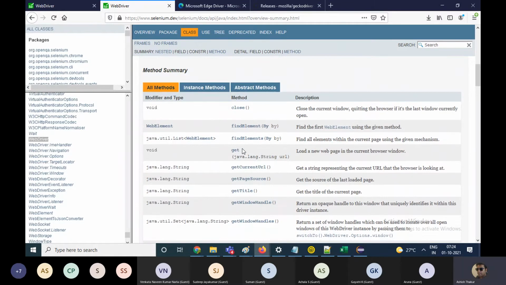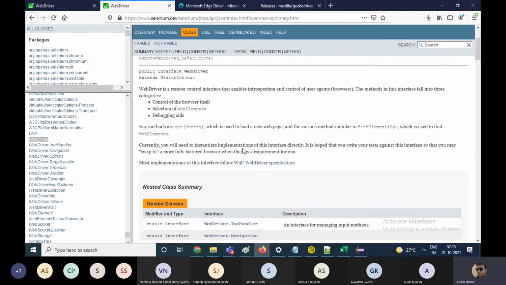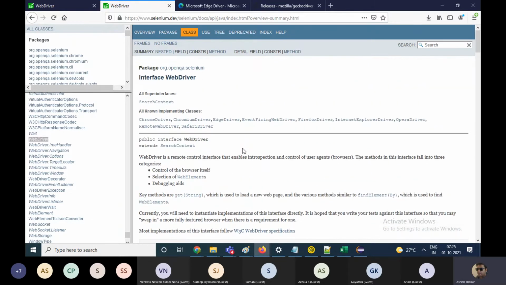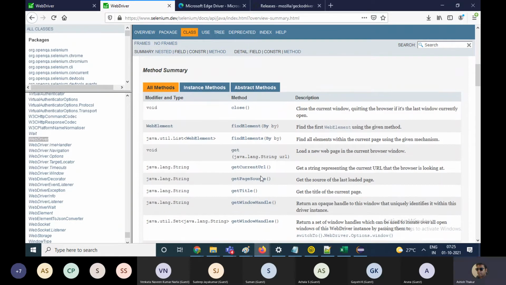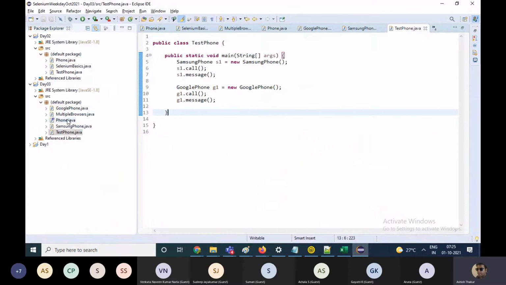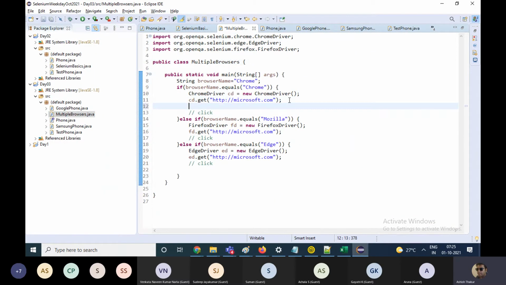So the function names in all the implementing classes will be the same.